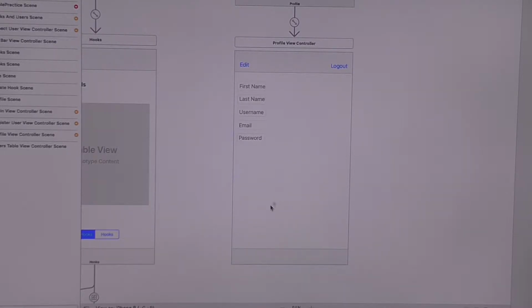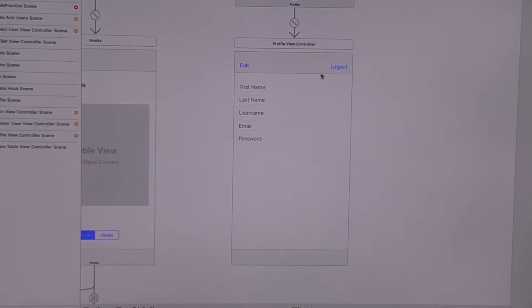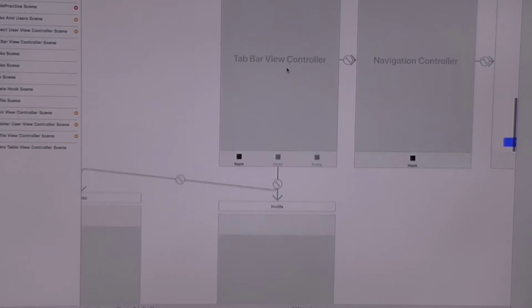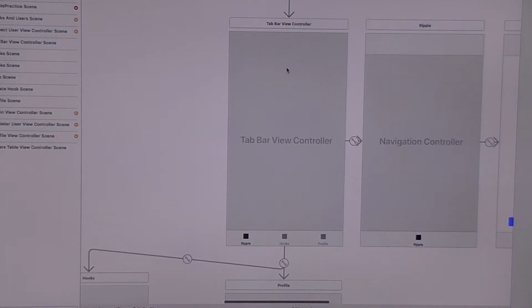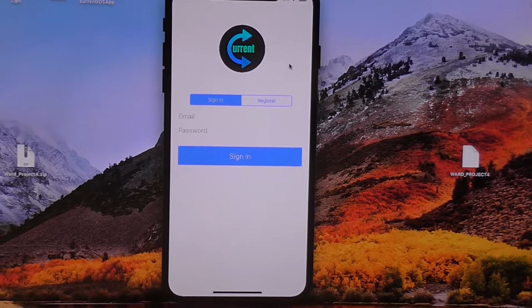Also to be implemented is a drop-down menu towards the bottom that will display your hooks, your ripples, and your connections, aka friends, as well as settings and a logout feature and whatnot. And that's basically the app. So we'll go ahead and give a live demonstration as well.